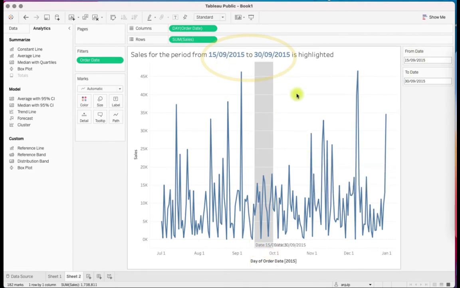So this way you can quickly make use of parameters and then highlight a certain area in your graph using the parameters and reference bands, or maybe reference lines, as and when the use case is there in your visualization. Okay,